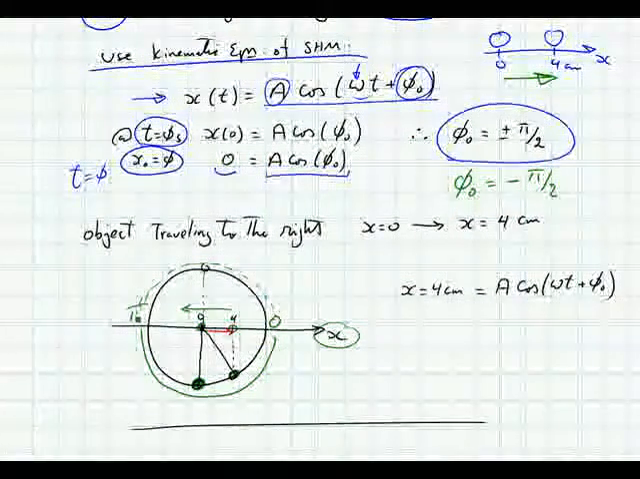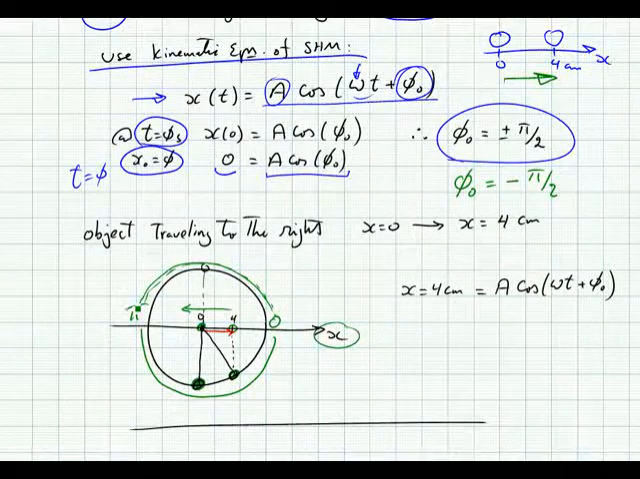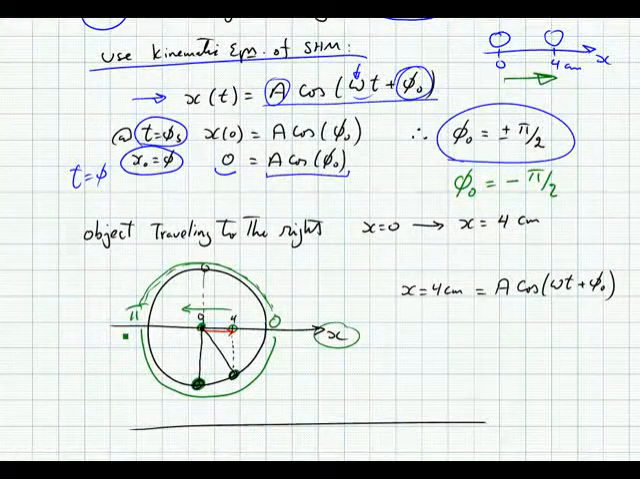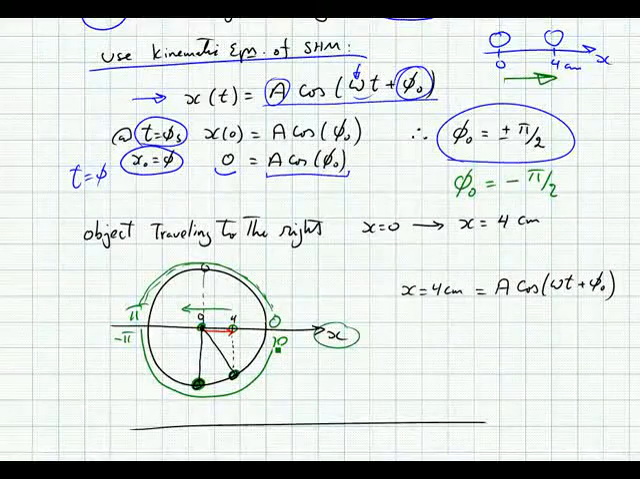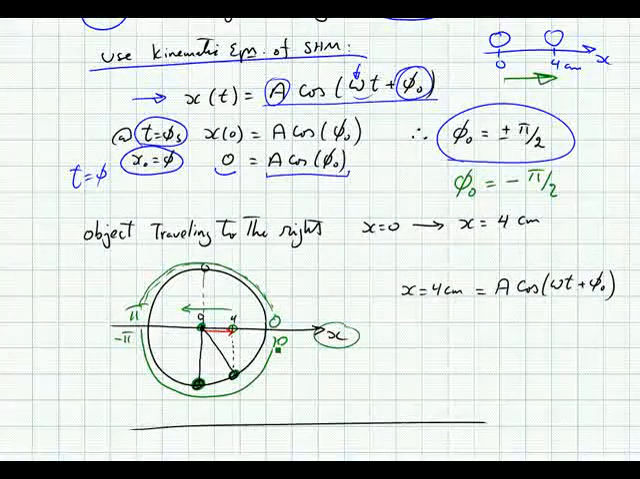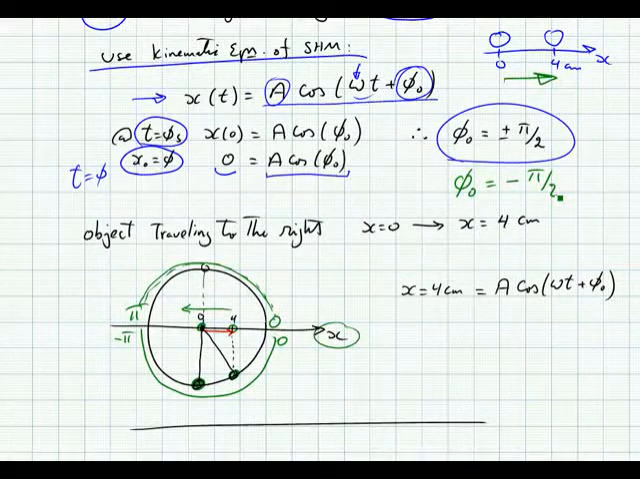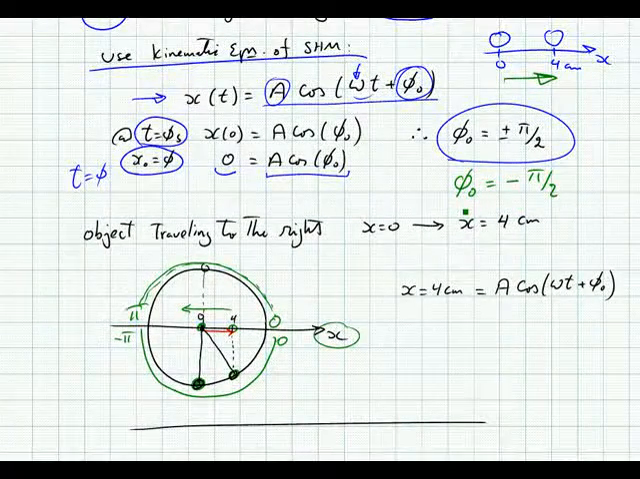Angles from 0 to pi describe motion of the object moving to the left, and angles from 0 to minus pi describe motion to the right. So it's a negative solution that we want for phi naught. Now that we have